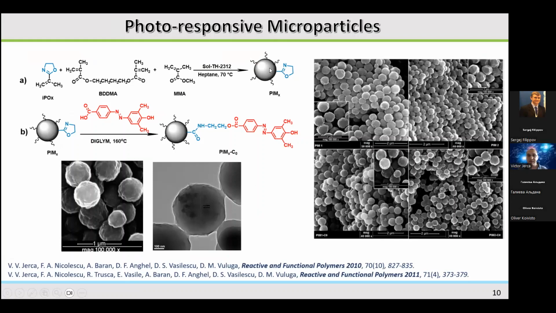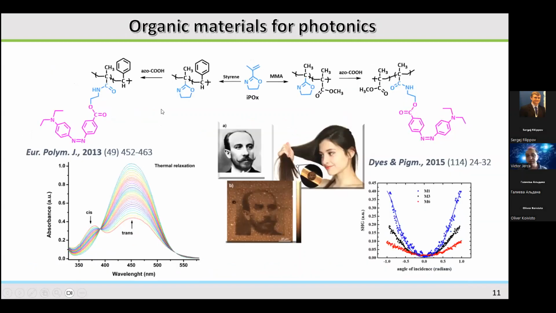By using this technique, we were able to synthesize microparticles that had oxazoline units at their surface, and these oxazoline units were further modified with a specially constructed azo dye that shows photoresponsive properties, as well as being used as fluorescent sensors. We used the same strategy, this time a copolymerization in solution of this monomer with either methyl methacrylate or styrene, and we synthesized these copolymers that we further modified once again with an azo dye, but